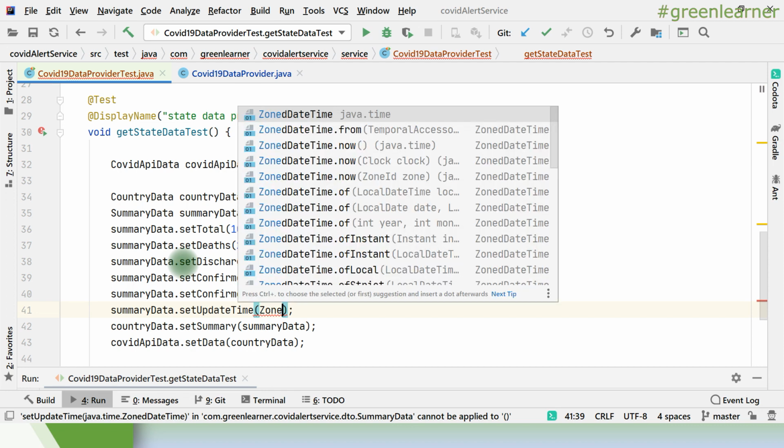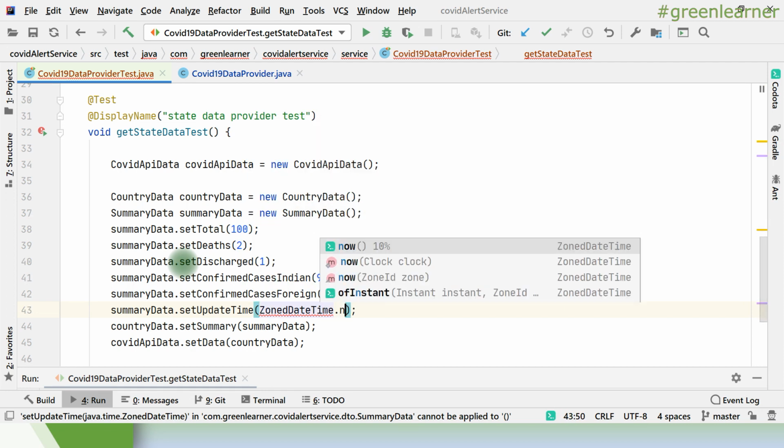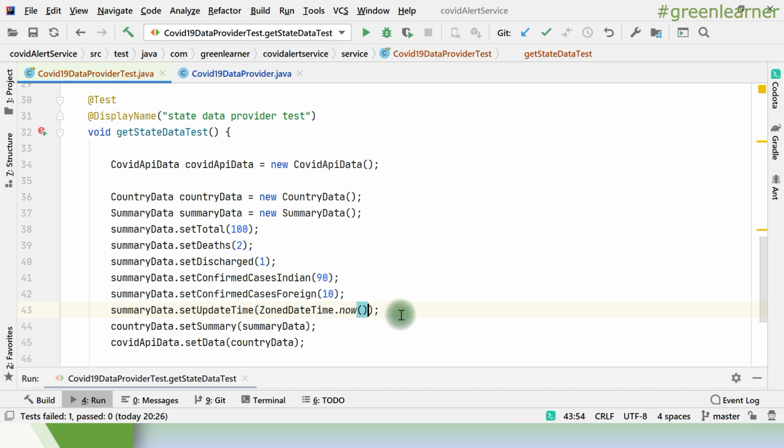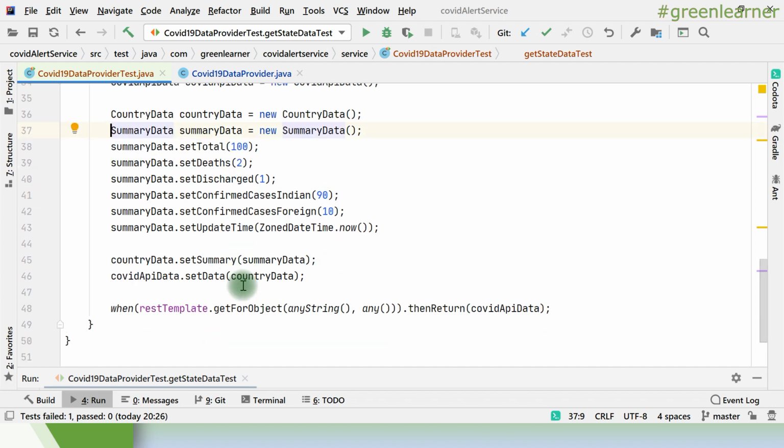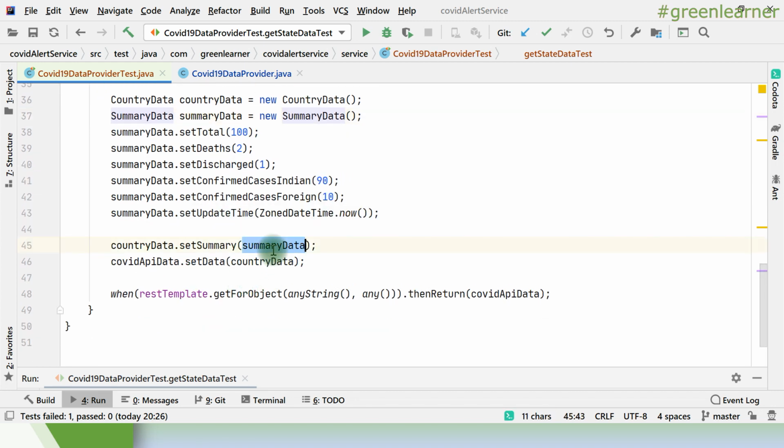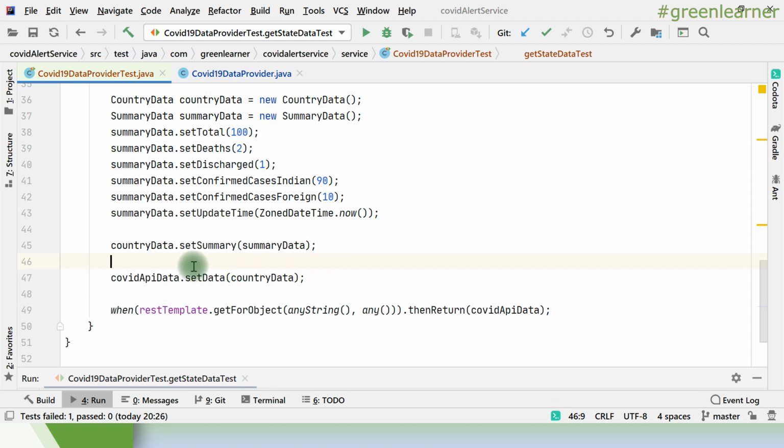So set it to LocalDateTime.now, right? So the current time is set here. So this is the country data, this is the summary data that I have set here, and this is being set here, right? So now coming to the second one, country data dot